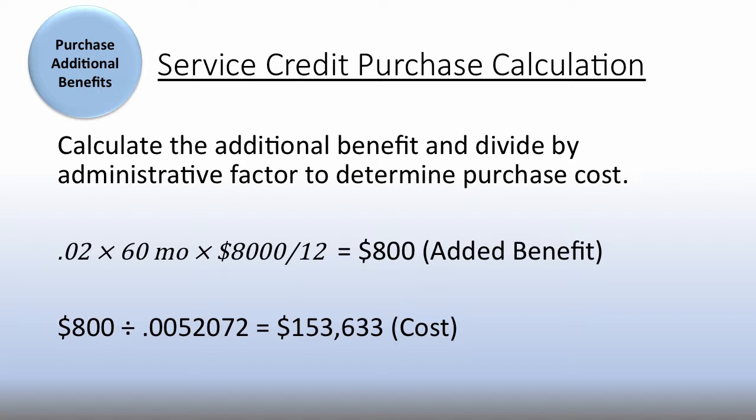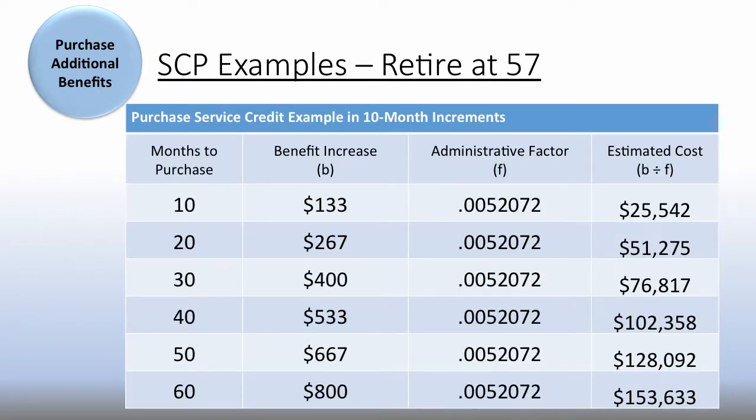So, mathematical equivalency. Remember our basics in terms of math and transitive properties: if I say I'm going to roll over $153,633 and buy an annuity, because that's my account balance, I have to multiply it by my factor, and it's going to tell me I'm going to add $800 per month onto my benefit. As you can see, they use the same factors. Mathematically, dollar for dollar in terms of the benefit provided, the service credit purchase and the annuity are exactly the same. Okay? The math side doesn't make one more favorable than the other.